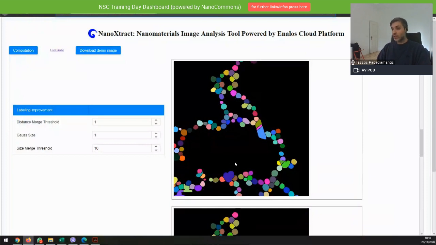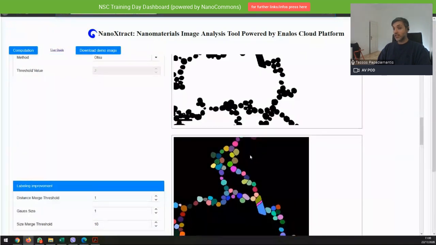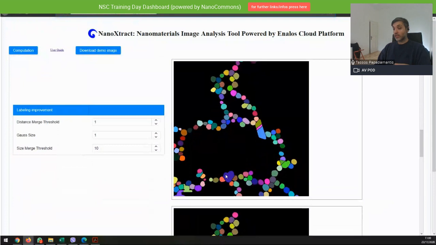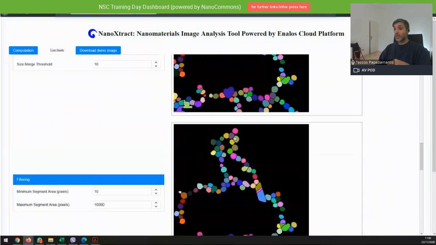But you can also see that some parts of the image have been identified as one nanomaterial, whether it's more or less aggregates of nanomaterials. And also here you can see what I told you, that it has taken the rod-shaped nanomaterial and has split it into, let's say, 3 different nanomaterials.